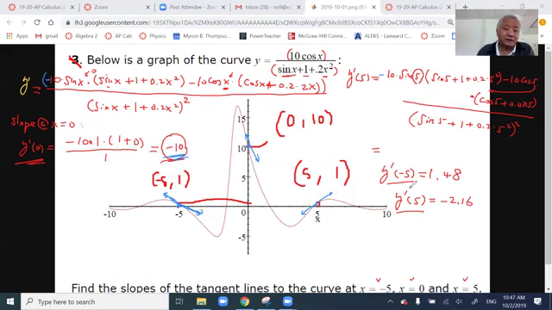So we notice that at -5, the value of derivative here will be equals to -66.69, okay? And the derivative at x equals +5 will be